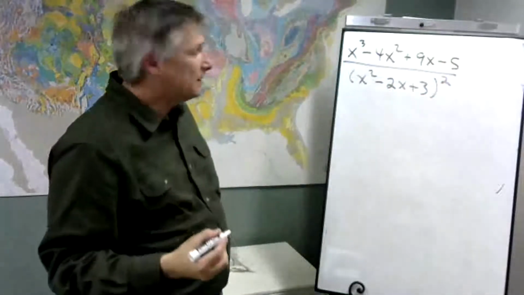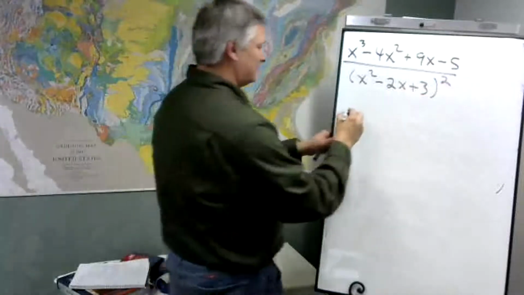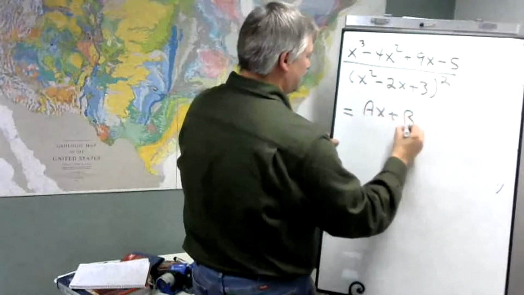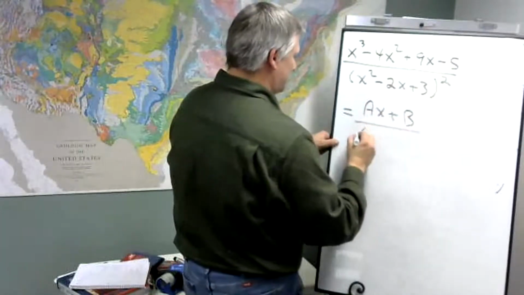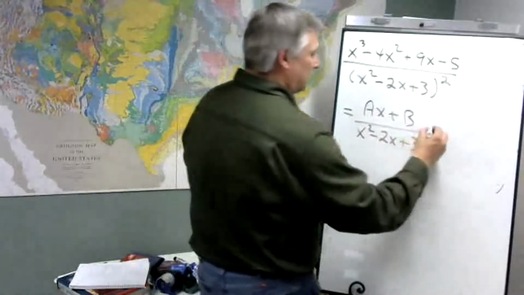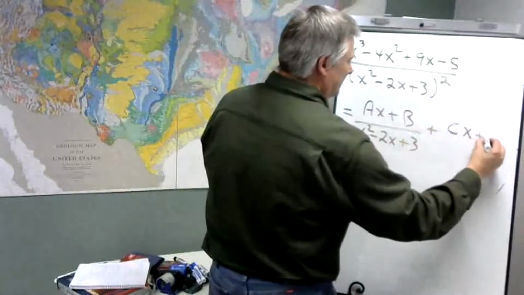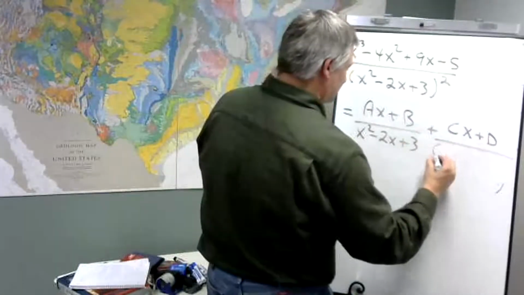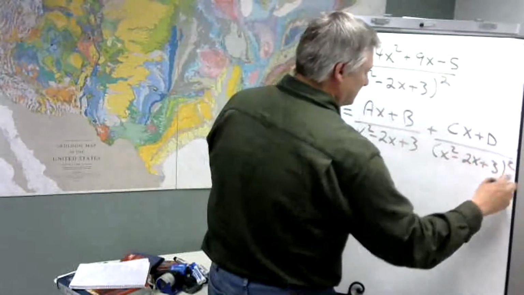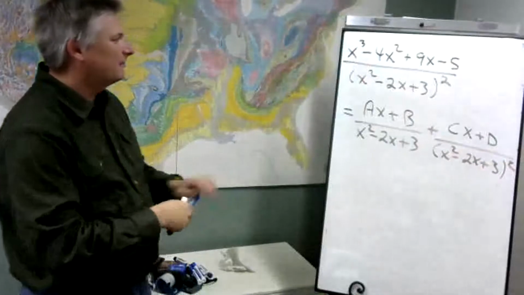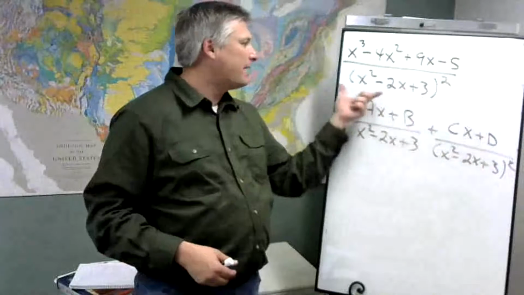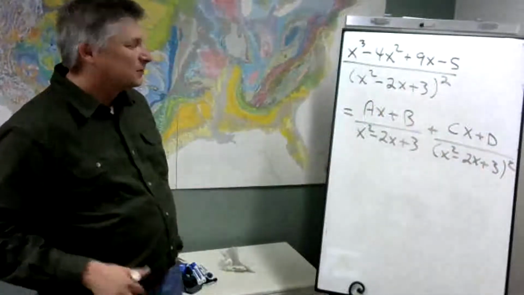So if we've got something like this, what we're going to do, break it down to (ax + b) over (x² - 2x + 3) plus (cx + d) over (x² - 2x + 3)². So again, what we want to do, we want to multiply through by this denominator. So if we do that,